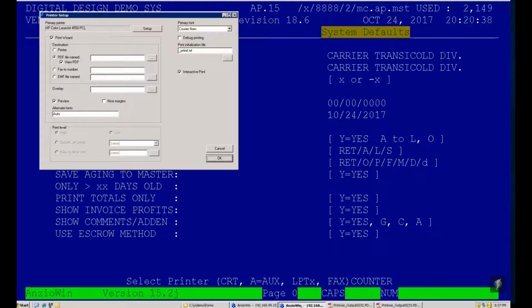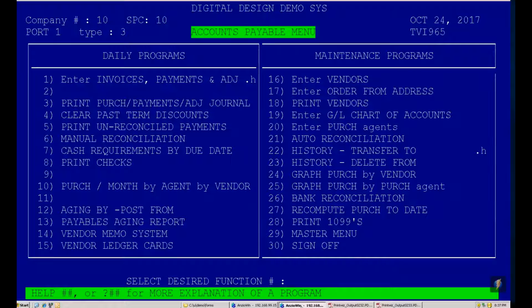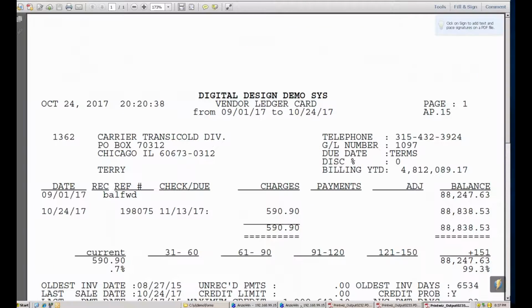and now I'll get a vendor ledger card with that invoice on it. There we go. So we got a balance forward of 88,000 bucks. We've got this invoice dated 10/24 with a due date of 11/13, and the cash requirements report will scan the accounts payable and look